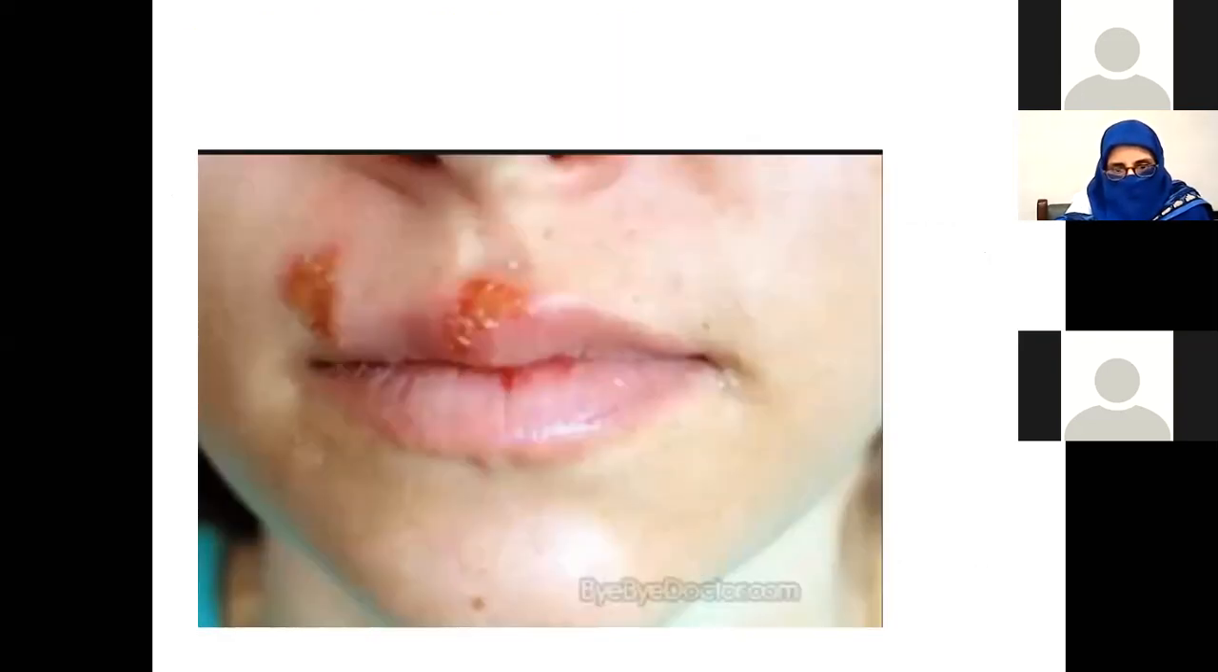So basically quickly, this is herpes. क्यों herpes है? Because इसकी location है. You can see that they are slightly